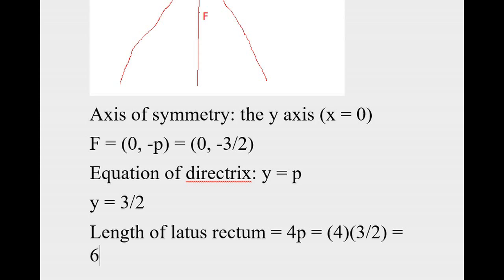Horizontal parabola that opens to the right, horizontal parabola that opens to the left, vertical parabola that opens upward, vertical parabola that opens downward. And in all these examples, the vertex is at the origin. In a later video, as I said, I will be considering those parabolas also in which the vertex could be at some other point. I will also take those examples in which the given equation is not in the standard form. So we will convert the equation into standard form and then find its properties.